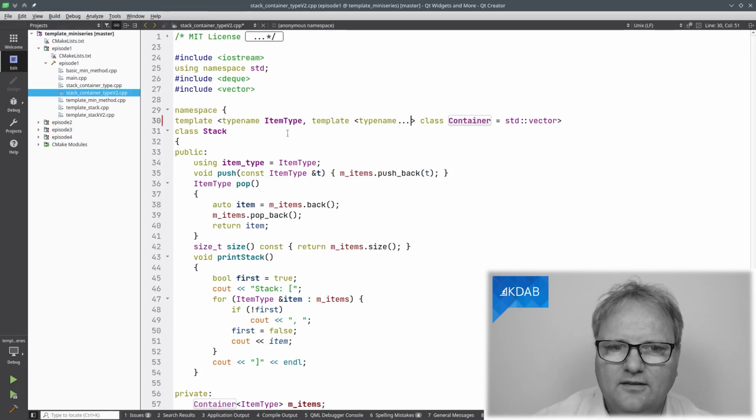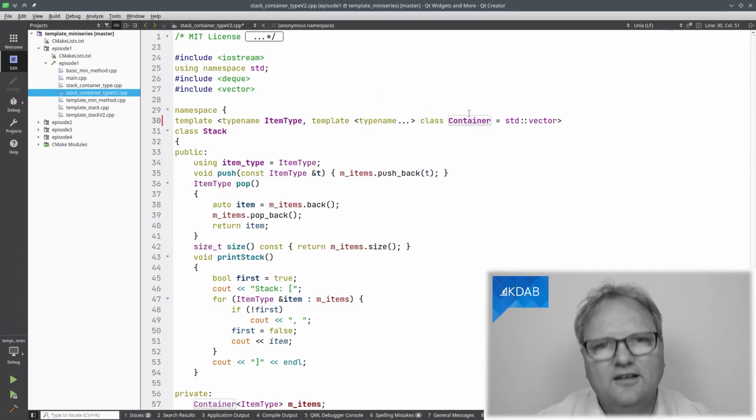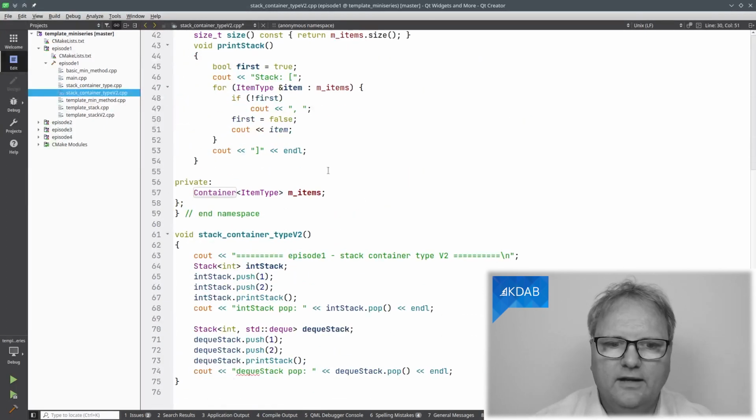So it's taking an item type and it's taking a template type of container, which is itself a template that can take additional parameters. And the parameters are a variadic one. Now we can use it down here. I have a stack of integers, and deque is the container type in there.